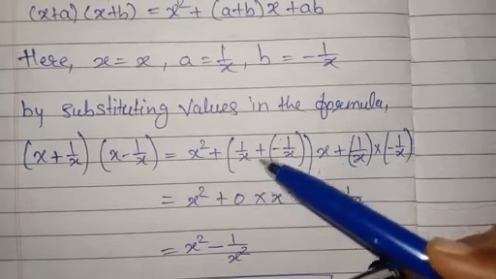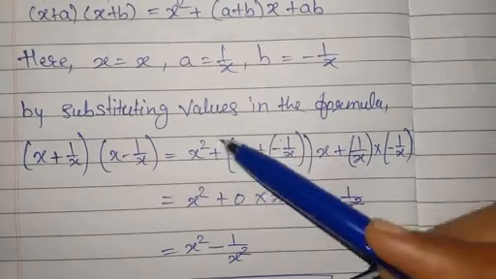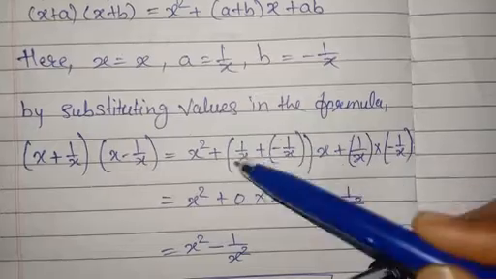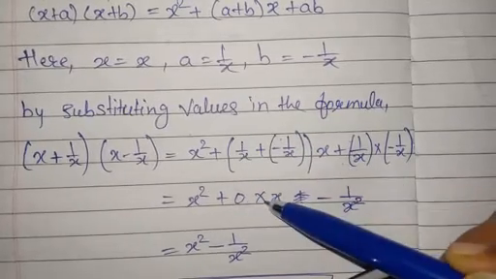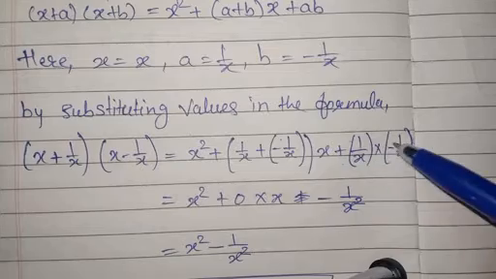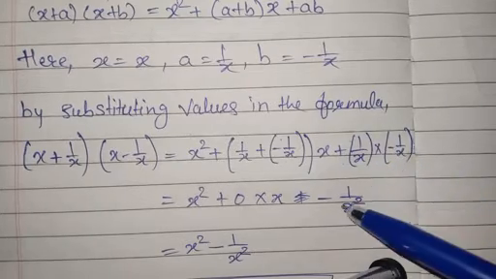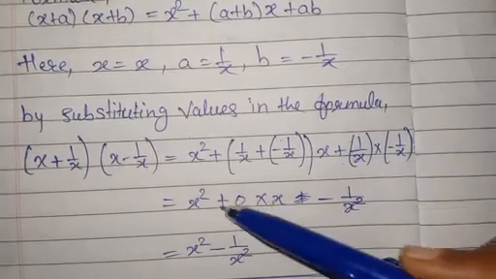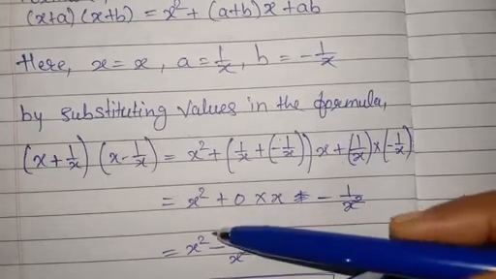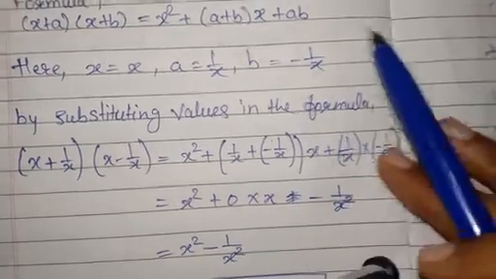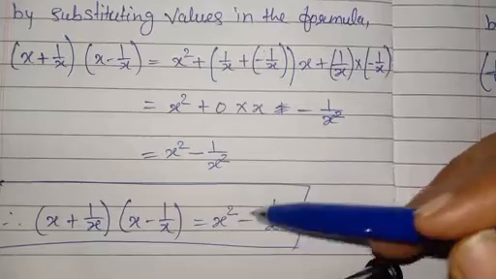See children, here plus minus will get cancelled. So x square, this box, this will get cancelled, so you will get 0 here into x, and this will become 1 into 1, 1 and minus x square. Okay, so in this step 0 into x is what? 0 only, so you will get answer x minus 1 upon x. So this final answer you will write in box.